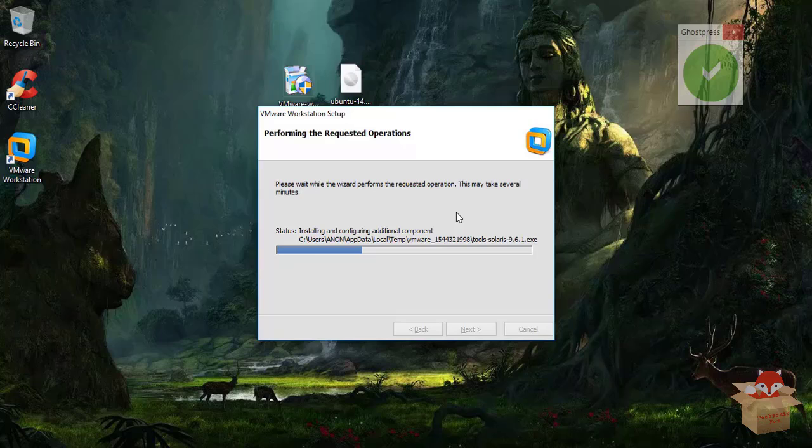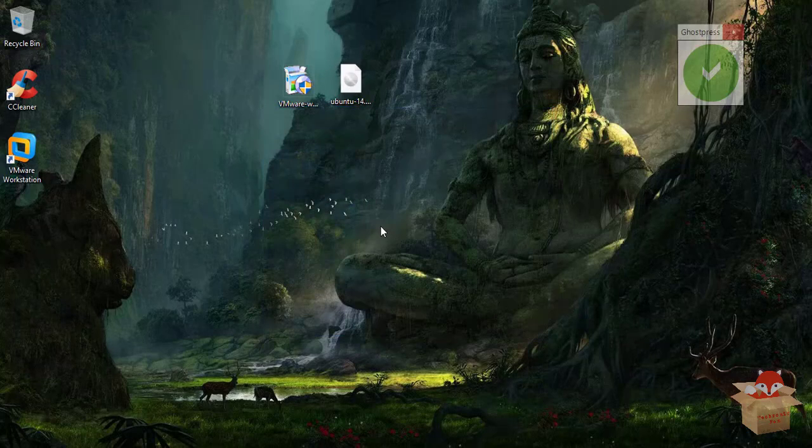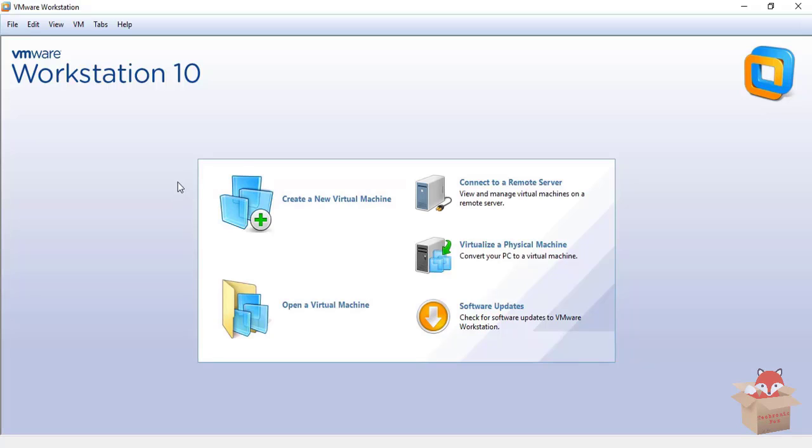There you can see a desktop icon. So it's installing. Wait for some time. I'll just skip a little bit. Okay, so click on finish and now you can see your virtual machine installed. Now to install Ubuntu in virtual machine, then click on virtual machine, open virtual machine software, then click on create a new virtual machine,